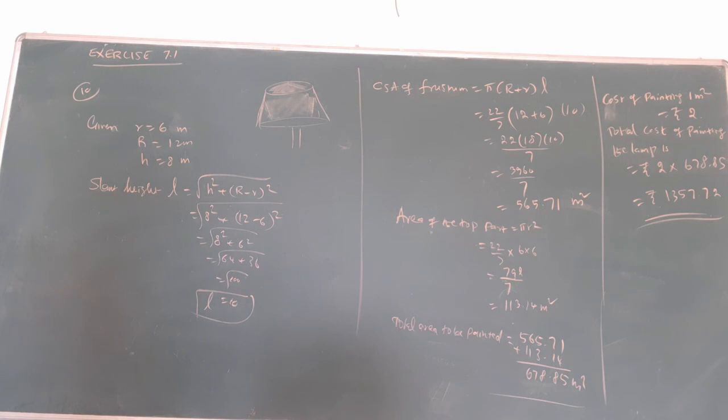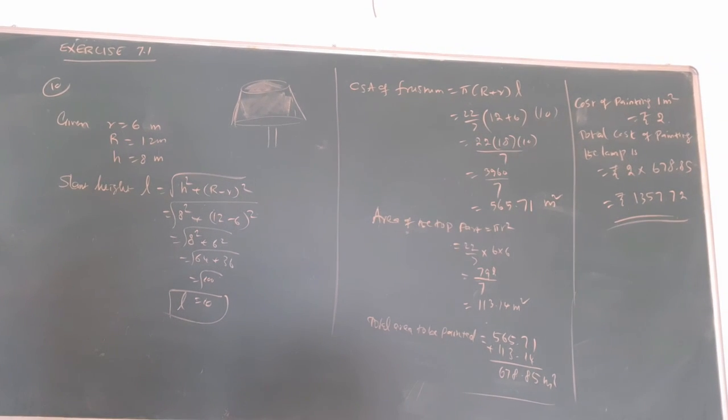This exercise is completely over. We had 10 problems: the first 5 problems are over, and the next 5 problems are over. The remaining exercises you have to do yourself. That is the goal. Do it yourself.